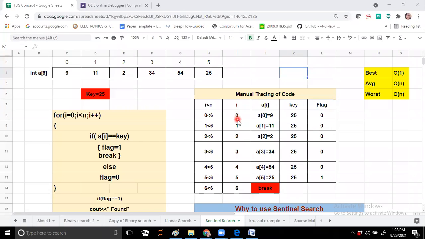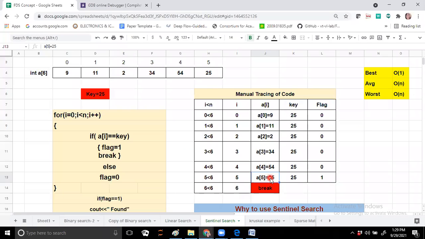In this case we trace each element to check whether the element at that ith subscript matches the key 25. We observe i going from 0 to 1, 2, 3, 4, 5, where 5 is less than 6, the condition is true, and after entering the if, 25 matches 25, and we get the answer, flag set as 1. Now the loop will break.